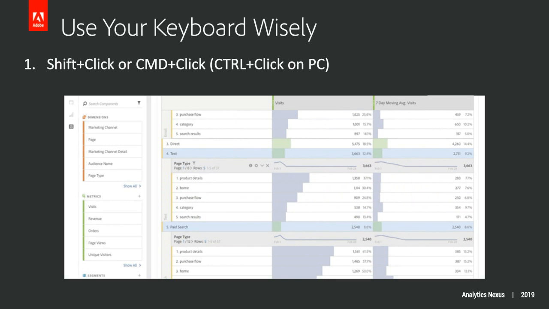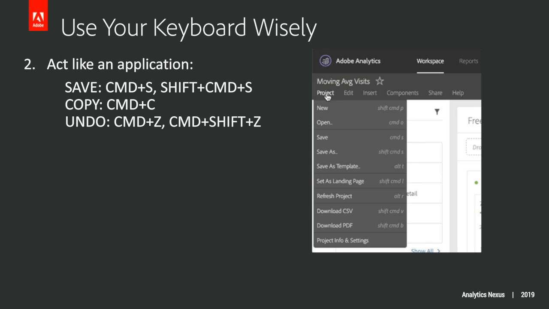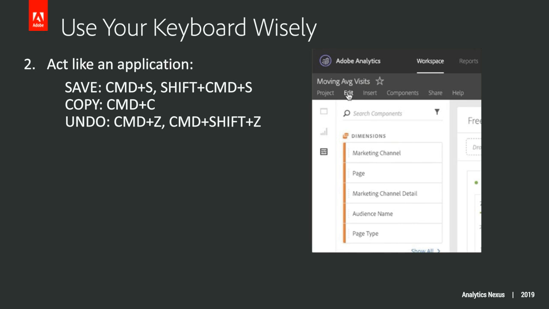Another really useful way to take advantage of your keyboard while you're in Analysis Workspace is listed here. You can save with a keyboard shortcut of Command S. You can save as with Shift Command S, and by the way, both of those would be Control if you're on a PC. And those are huge time savers. These five different keyboard shortcuts are probably my most used keyboard shortcuts when I'm working within